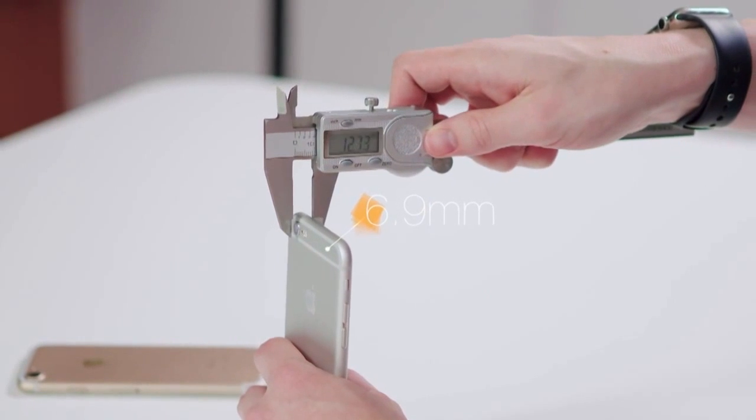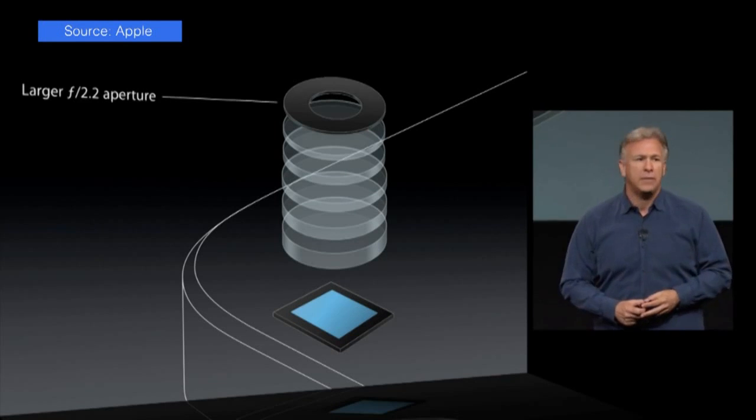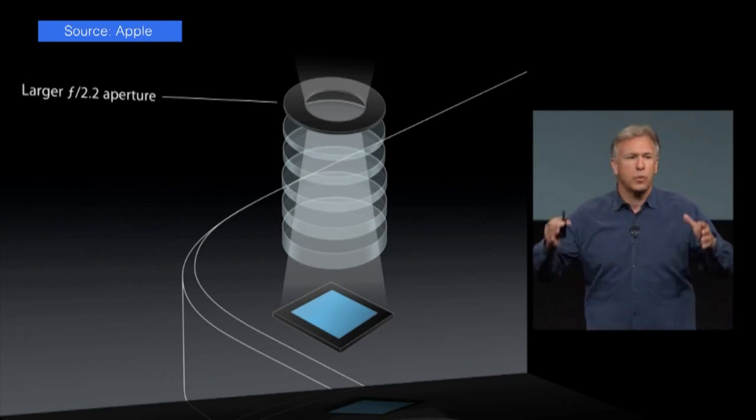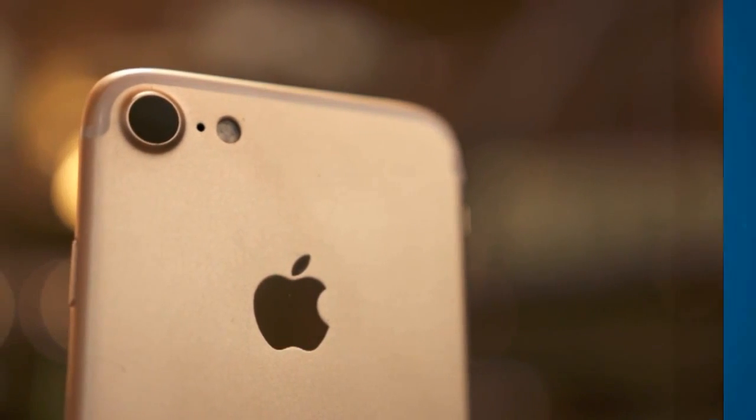However, if we jump over to the camera hump, it's actually before. When they went from the 5 to the 5S, while it was still an 8 megapixel camera, the sensor itself was bigger, which meant that each individual pixel could pull in more light. The iPhone 7 will probably keep the same 12 megapixel resolution. However, if you